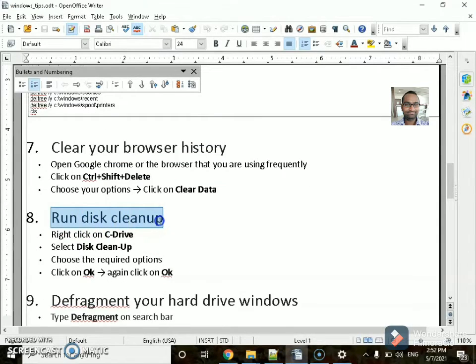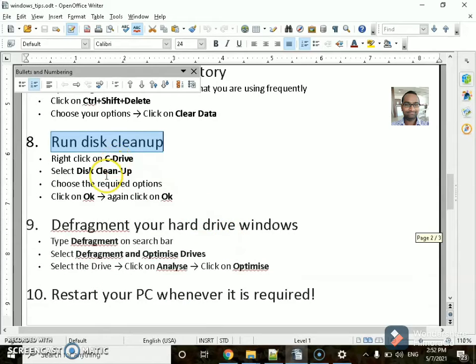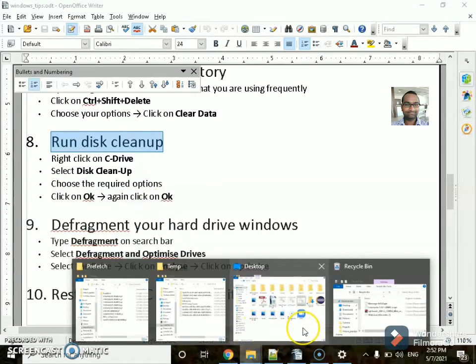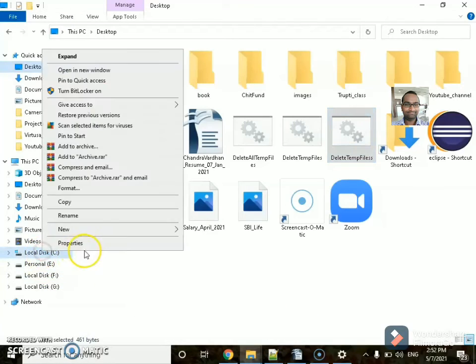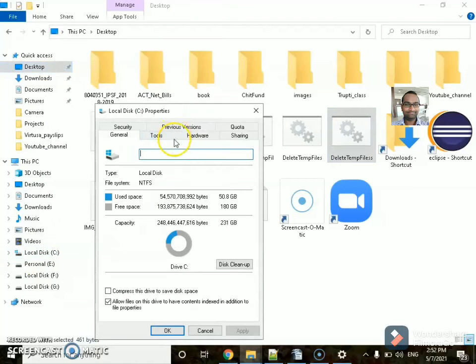Run the disk cleanup. Go to C drive, properties and disk cleanup, and choose the required option.